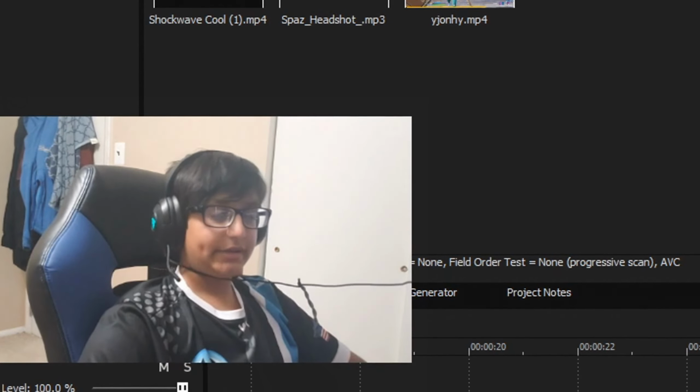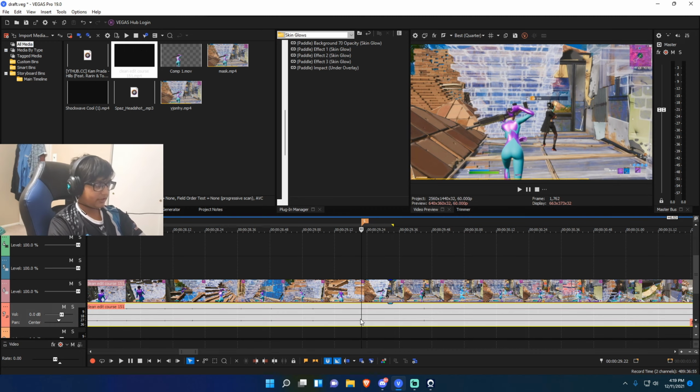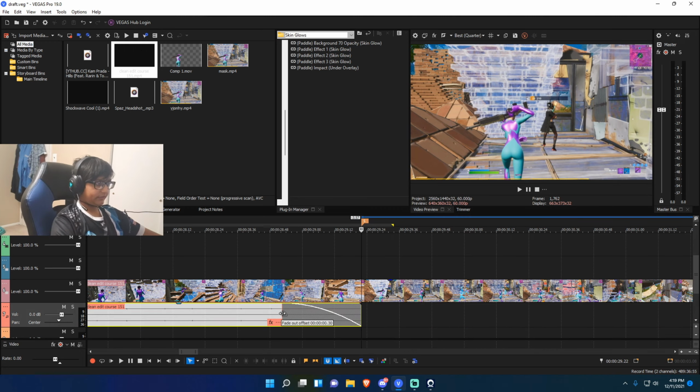So first, what you want to go ahead and do is grab your clip and go to where the character pulls their shotgun out. You want to make sure it's a clean frame. So right here, for example, is a very clean frame. Mark, and then press U on your keyboard, delete this part of the audio, fade it out, and then split